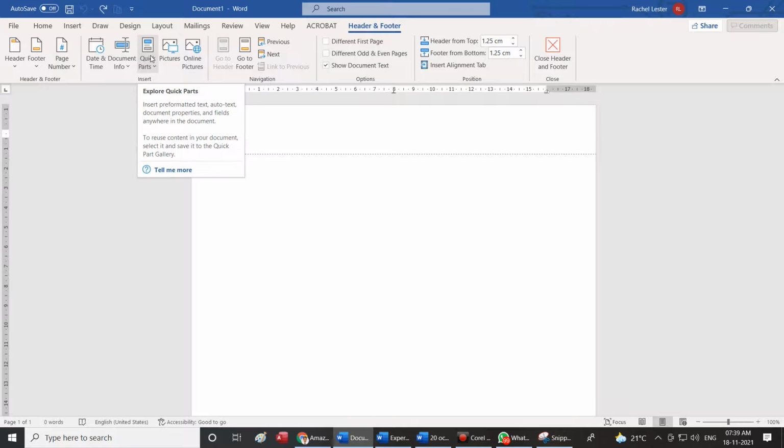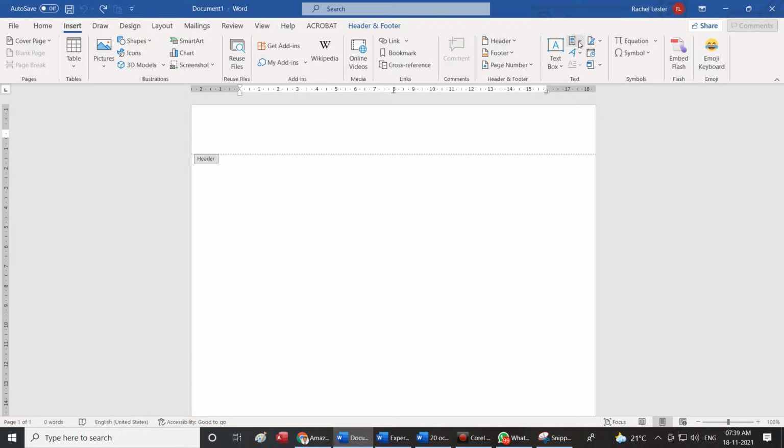And we wrote the definition also. It helps us to insert pre-formatted text, auto text, document properties and fields anywhere in the document. So you can write down that one line. What is the use of quick parts option?